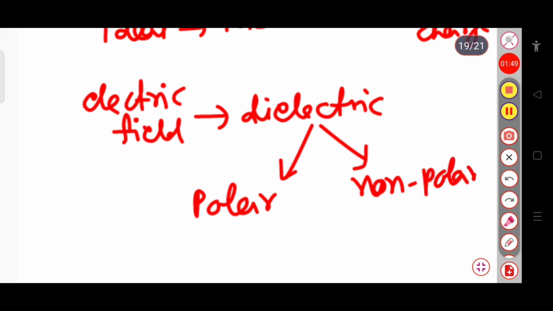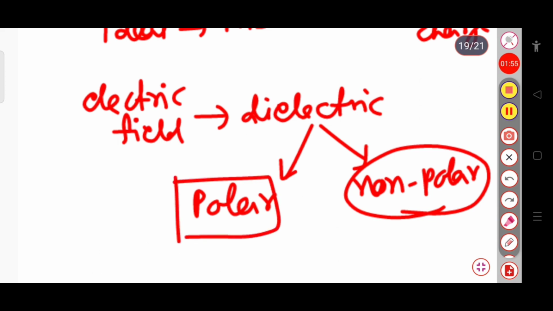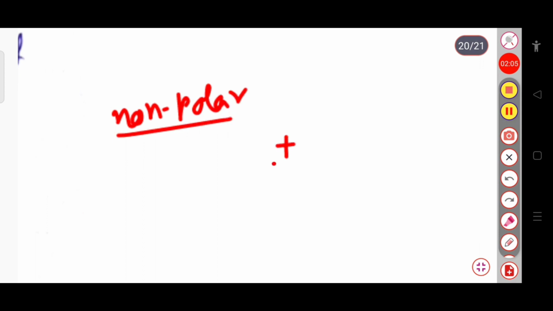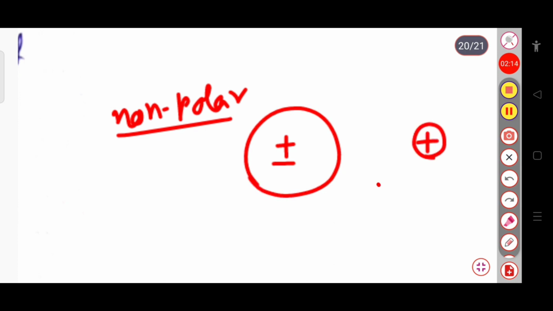In the previous lecture, we already discussed the non-polar, and today we will see the polar molecules. If you remember, in the last classes we discussed that in case of a non-polar molecule, the center of gravity of the positive charge and the negative charge lie at a single point, and we considered that this is my nucleus, and inside an atom the electrons are just like a cloud.